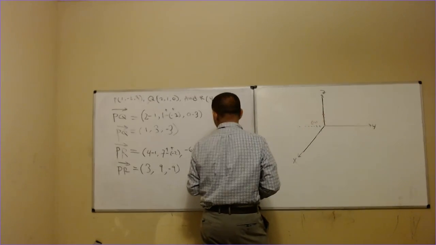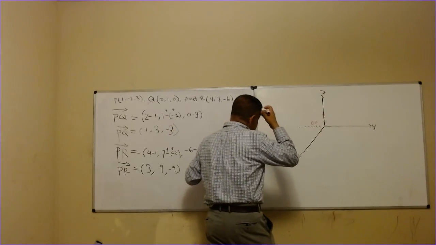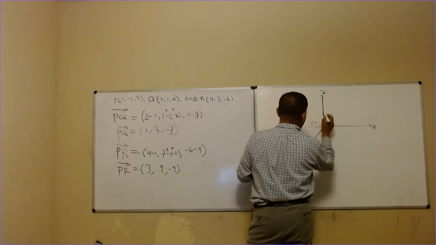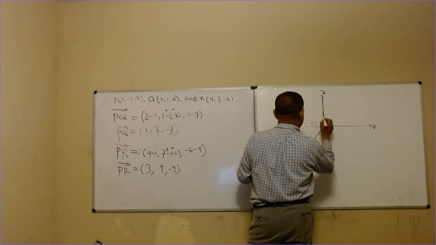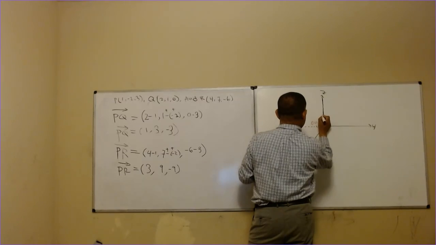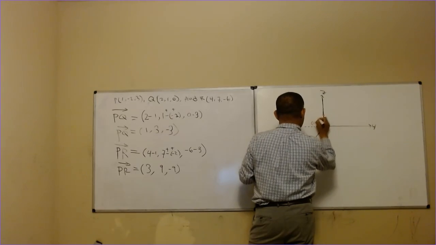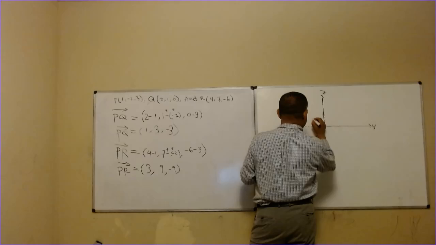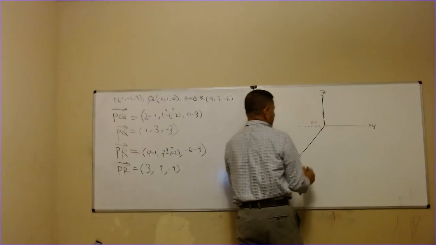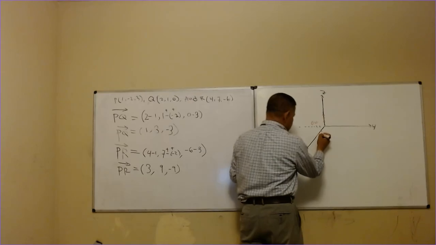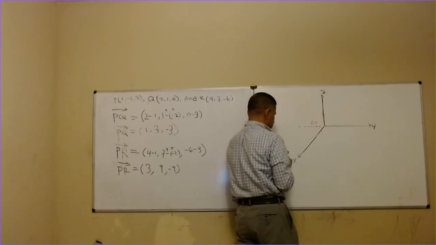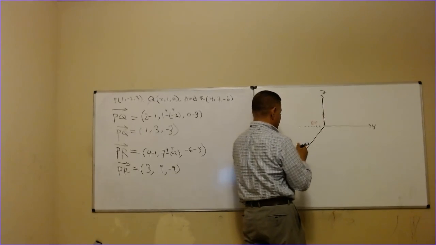Right? And that point is going to be here. So basically, I will do something like this. I will create a point here, right? So I'm going, okay, let me explain this again. I'm going negative, I'm going positive, positive,